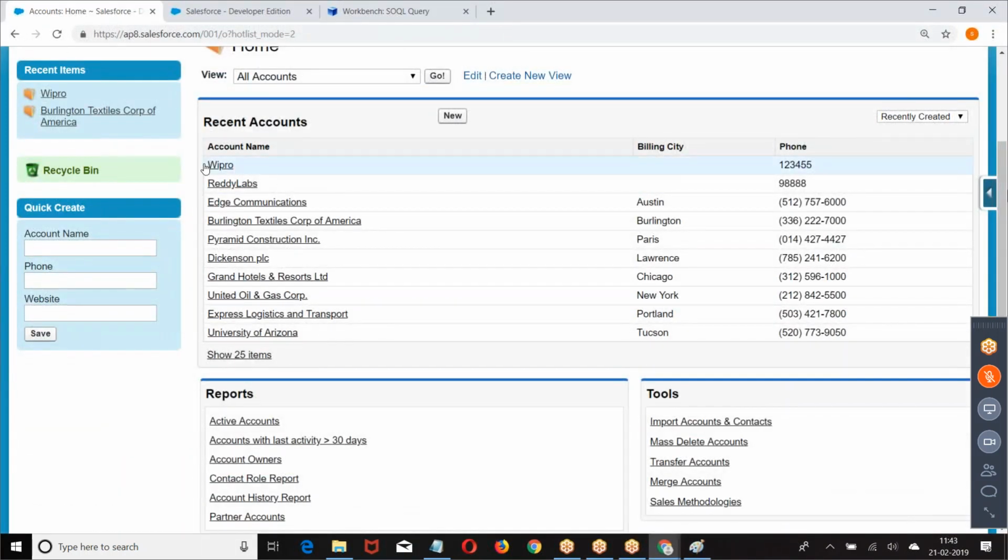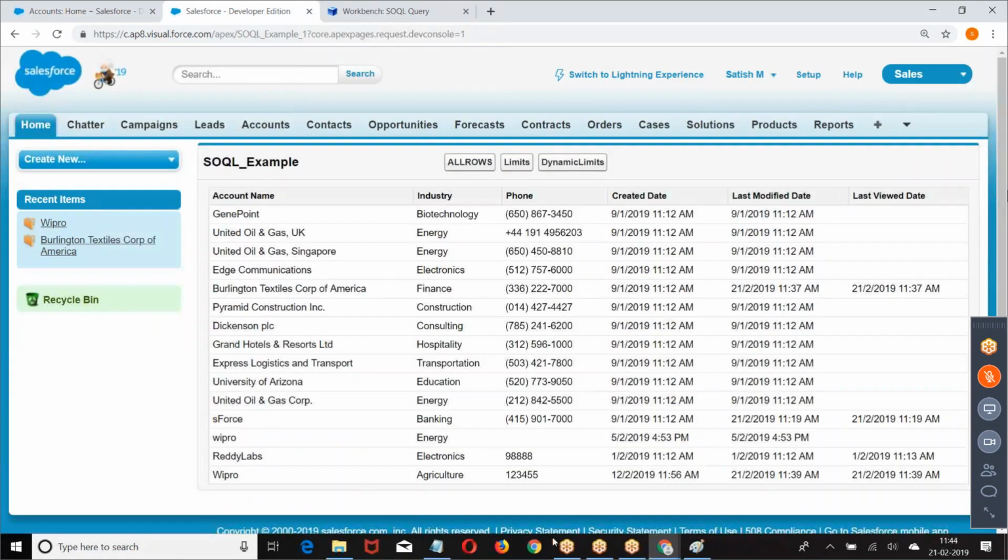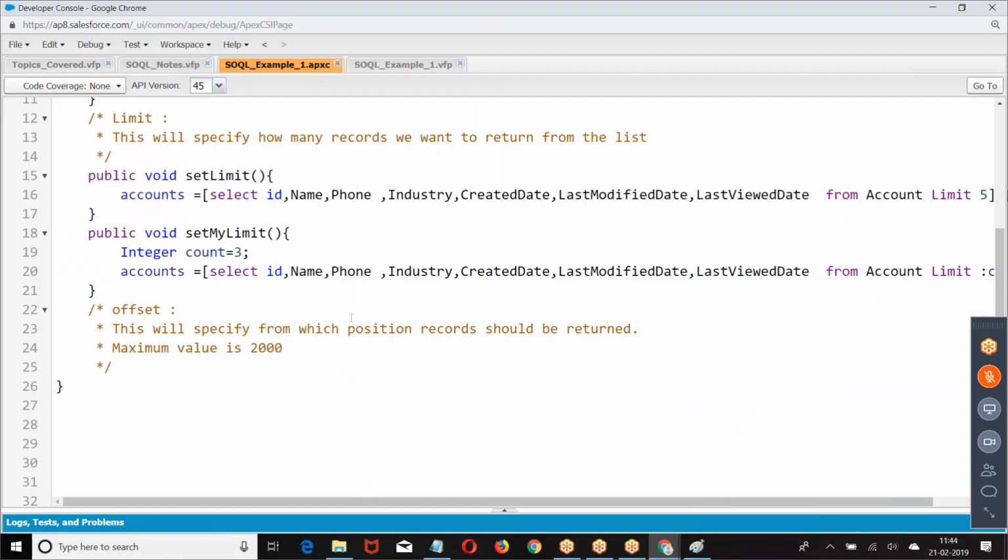Now I got these records. When you got these records, from which position do I have to start? From the third position, from the fourth position. Now write a query. From the result, return me all the records from the given position.